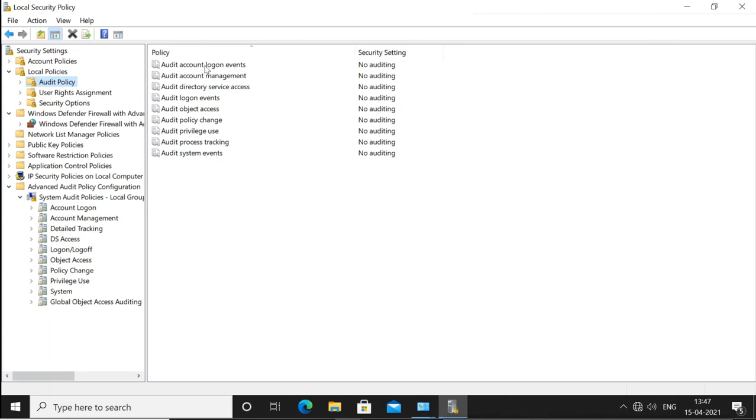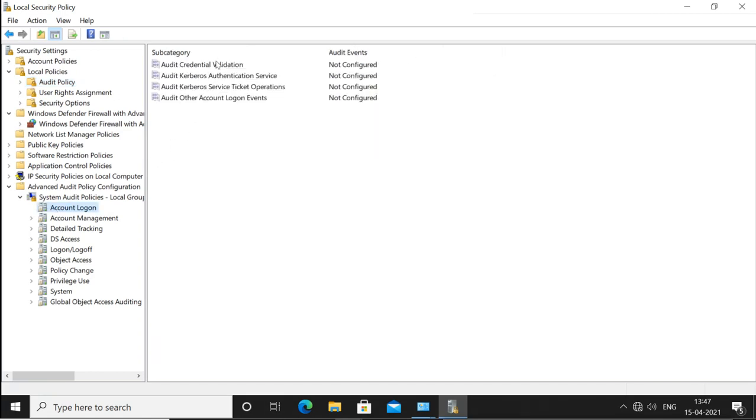But it is not only the account logon policy, it is in detail. If you click on this, you will see detail about it, like account logon, that means credential validation, Kerberos authentication, Kerberos service ticket operation, and other account logon events. So you have not only the single policy, you have that policy in detail.